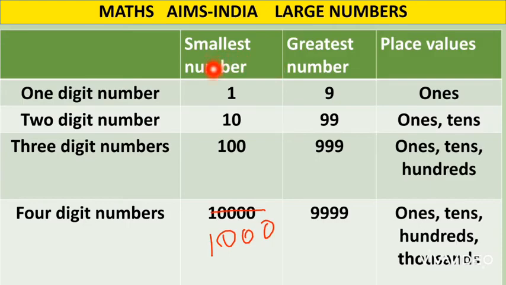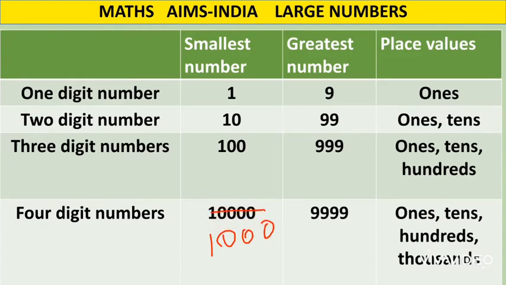And coming to the smallest numbers, they have one on the first place from the left. Smallest numbers have one on the first place from left, and the remaining places are filled with zeros. See, here we need a three digit number. Three digit number should have three digits. We have placed one in the first place and filled up the remaining places with zeros. In the same way, for four digit numbers, we should write four digits. So we've written 1 in the first place and then written 0 in the remaining places.